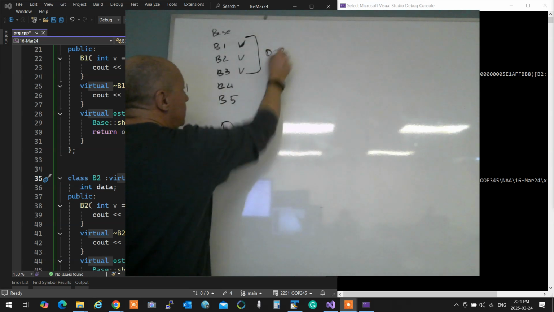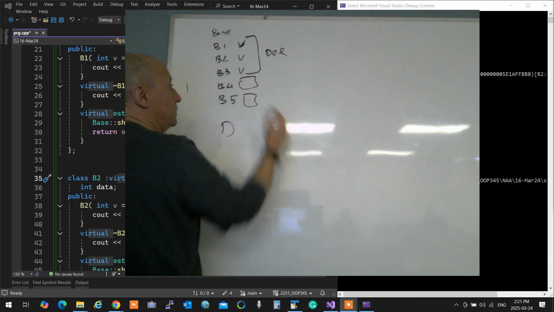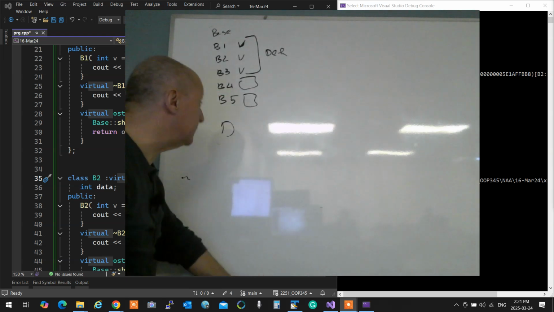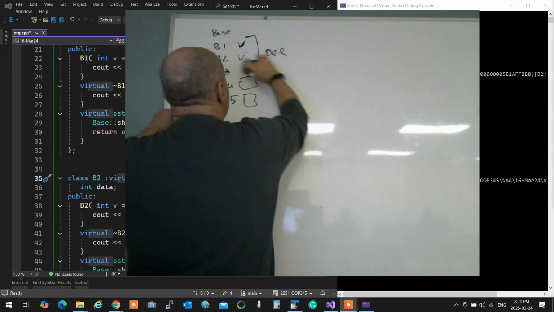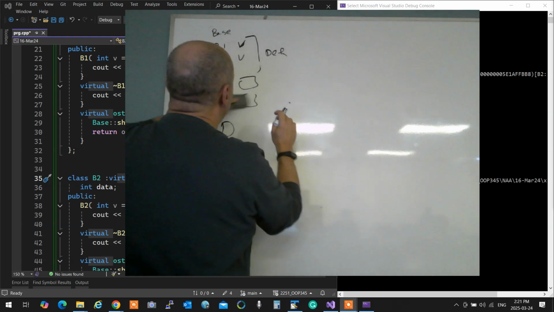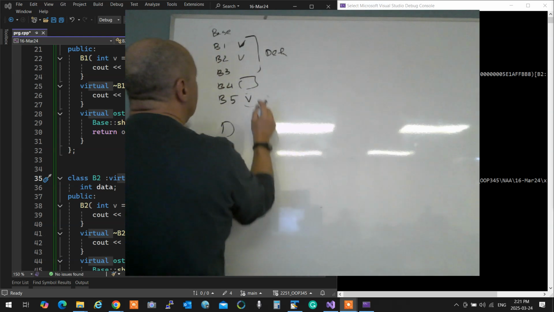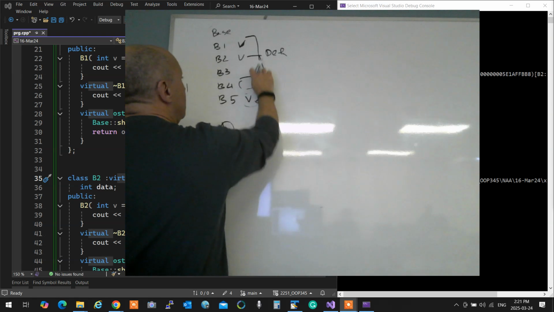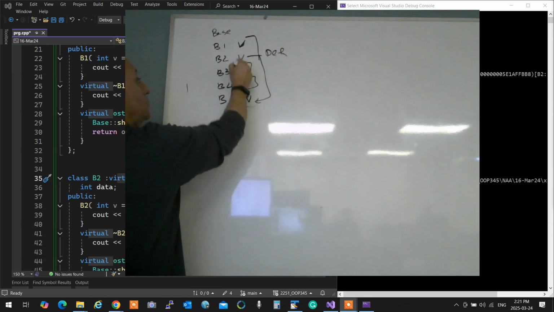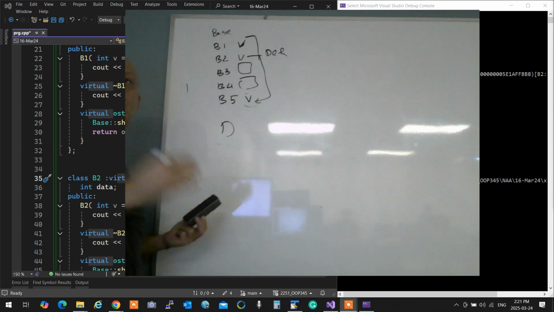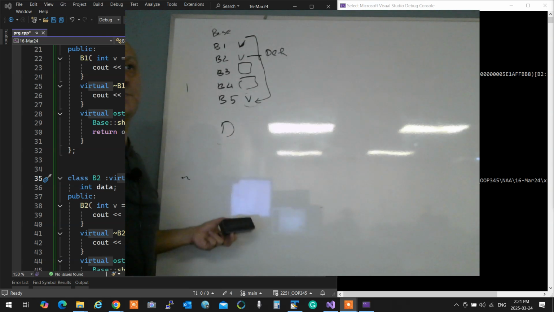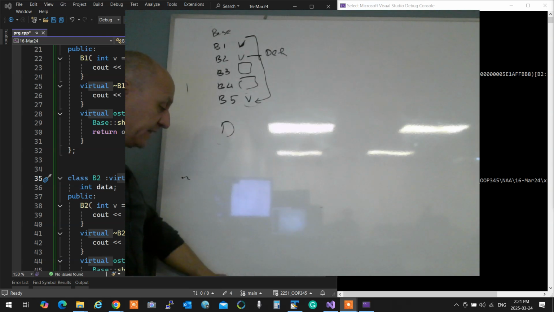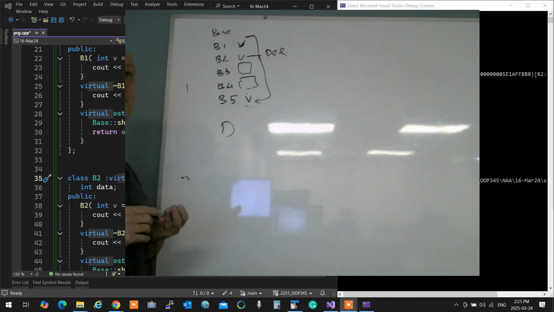Exactly. This is defaulted, and one for this one, and one for this one. It doesn't matter what the thing is. If you have it like this, then these three will have a default, and these two will have separate ones. Well, it's not like it's in sequence. Just be aware. That's all you need to know about.